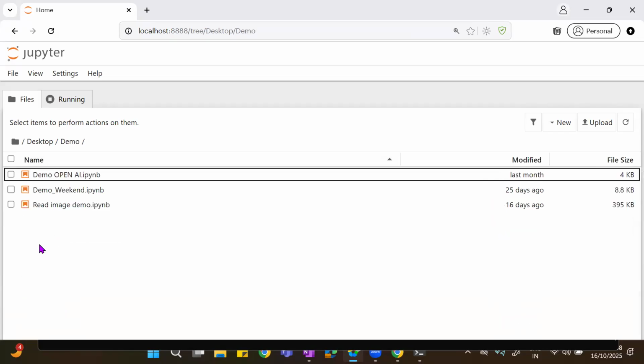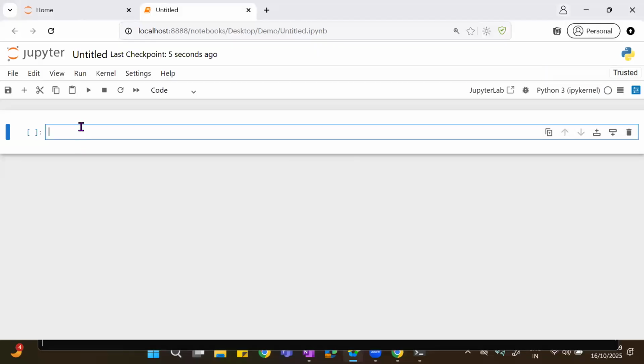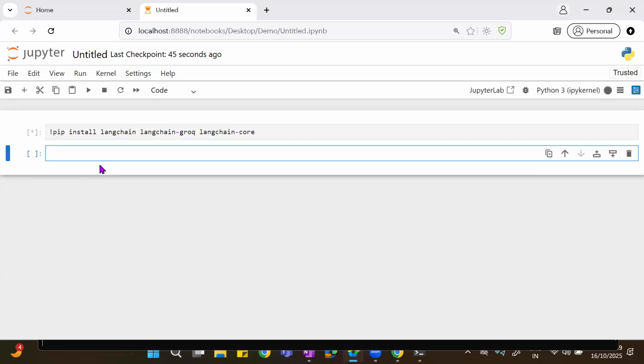Okay, now I'm going over here, and let me install some things like pip install langchain, langchain-groq, which helps us get the free OpenAI-style models, and langchain-core. Let's finish it off.